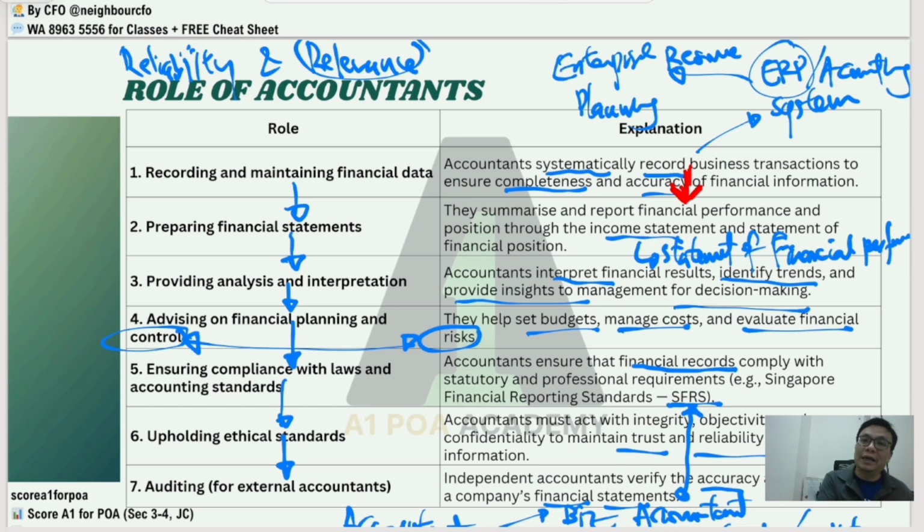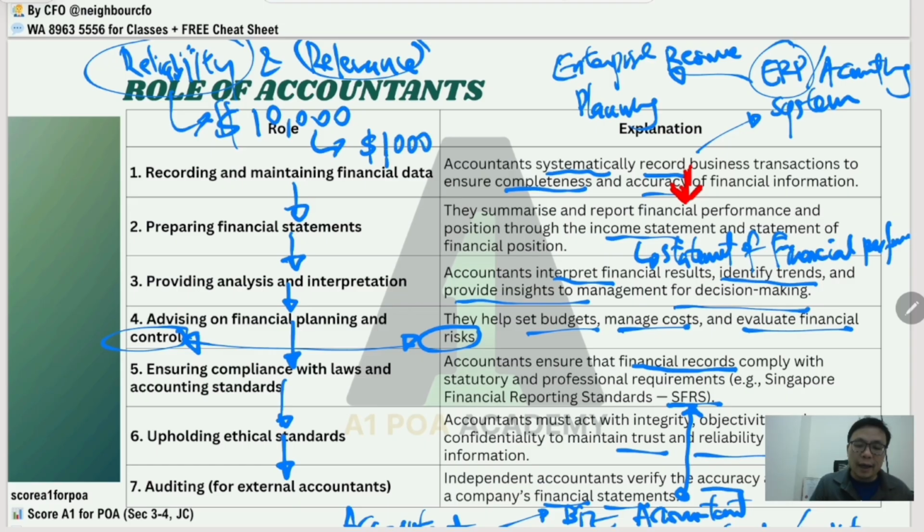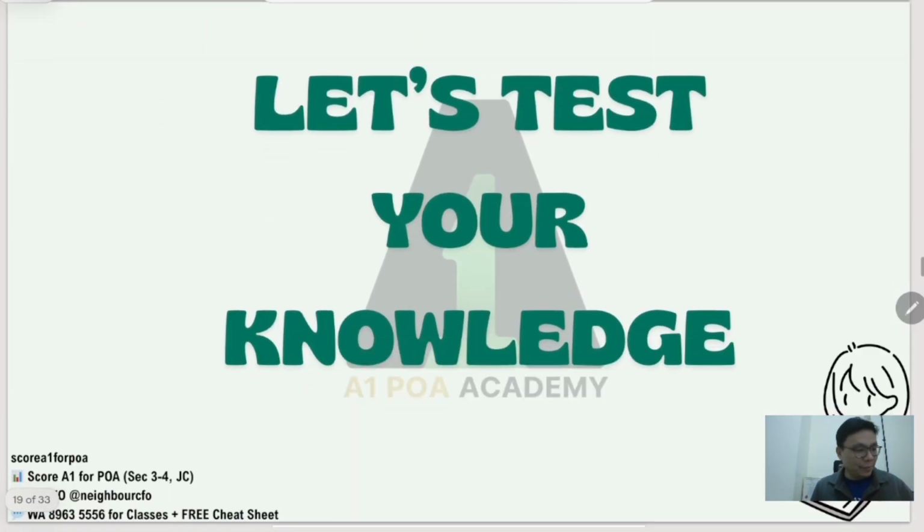Reliability, on the other hand, we talk about the fact that, assuming you have a business expenditure that has been incurred, and this amount is 10,000, but you accidentally recorded it with a zero missing. Because of that, this recording is not reliable because you understate the value of the business transaction. So with that, we have completed LO3. All in all, we have completed LO1, 2, and 3. With that in mind, let us now test your knowledge with 10 MCQ.